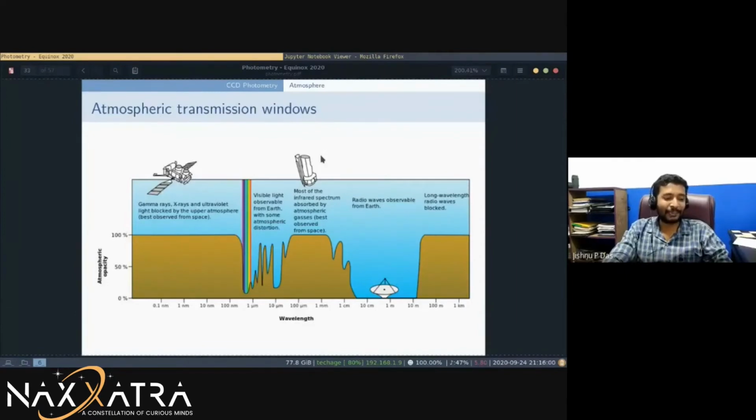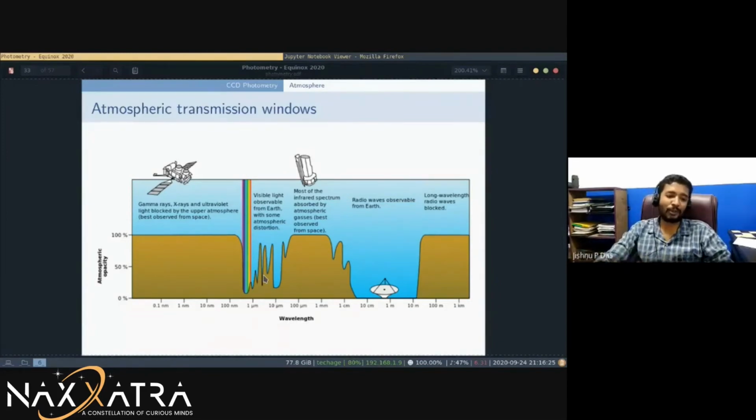The atmospheric transmission windows are really important, and that's the reason why we have ultraviolet telescopes and gamma ray telescopes in the sky, not on Earth, because those rays get scattered away by our atmosphere. From 100 nanometers up through UV and violet, everything gets blocked by our atmosphere, and there are lots of band blocks due to water vapor or oxygen.